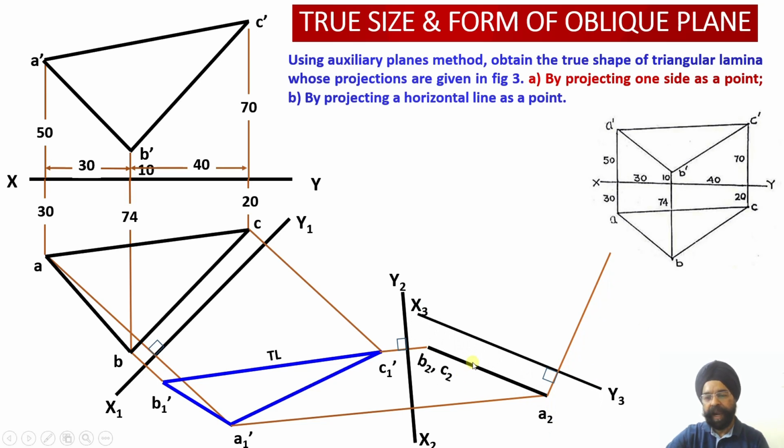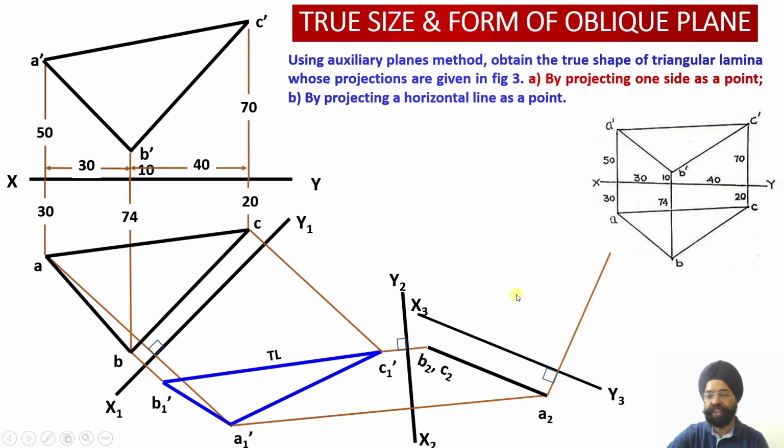Once again, I am going to leave another 10 millimeter distance. This is my third auxiliary plane. So this was AVP, this is AIP, this is again AVP. So AVP, AIP and AVP. Once it is AVP, the projection obtained over this will be called auxiliary elevation.